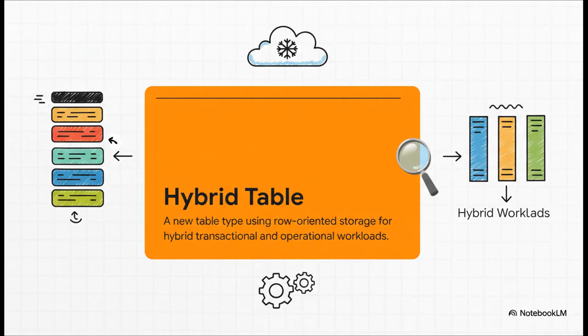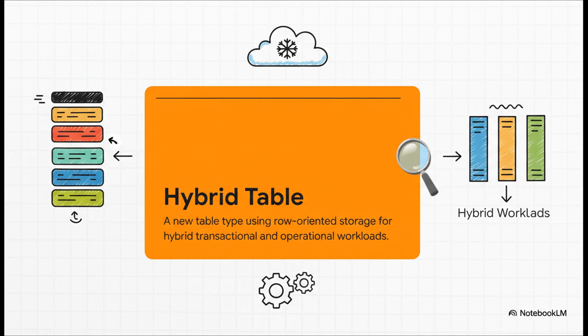So what exactly is a hybrid table? It's a brand new table type right inside Snowflake that's built for these mixed hybrid workloads. And here's the secret sauce, the key difference. It uses row-oriented storage. Now think about it this way. Your typical data warehouse stores data in columns, which is fantastic for those big analytical scans. But if you need to find one specific record, like that one customer's order, it's actually pretty slow. Hybrid tables flip that around and store data in rows, just like a classic application database, which makes those single-row